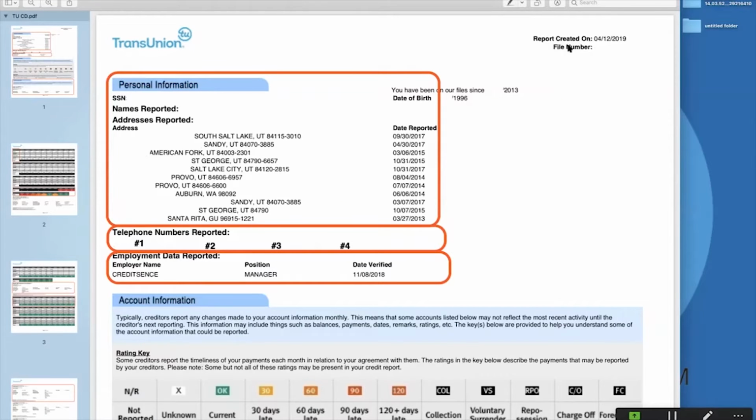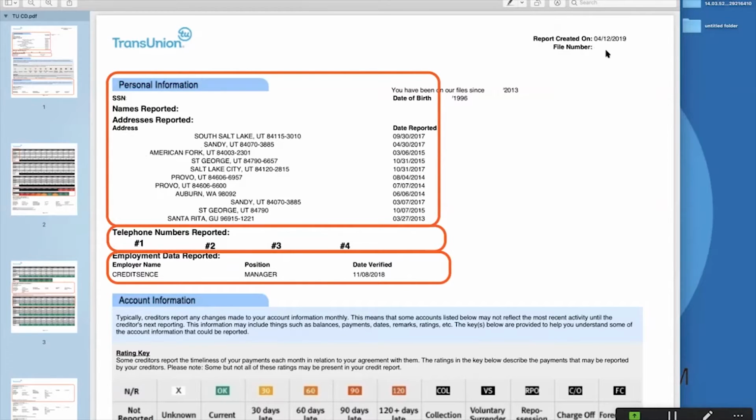So in the top right, it gives us the date of the report, but if you are going to do an accuracy audit, if you are going to dispute some of the things that you've learned here in the podcast, at the boot camp, from my book, you're going to want to use that file number in any correspondence about this particular version of the report. Remember, if they improve things, delete things, change things, update things, synchronize things, they're going to give you a new file number, and then you need to operate from that file number.